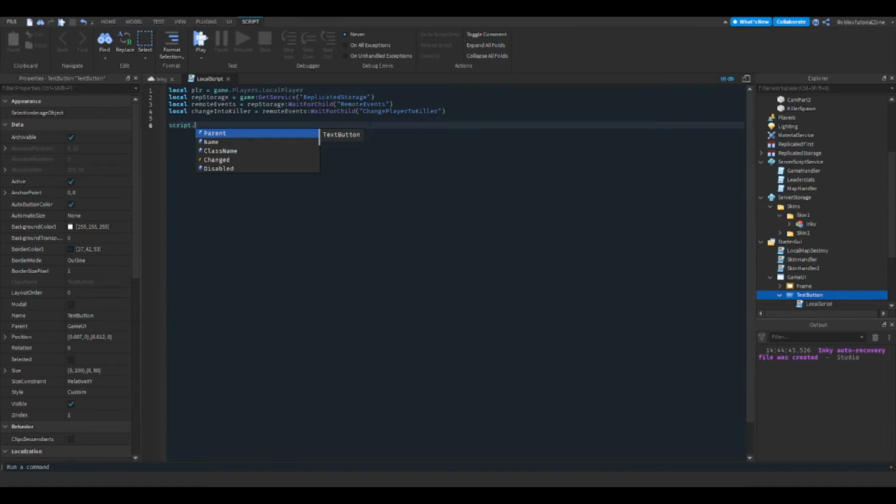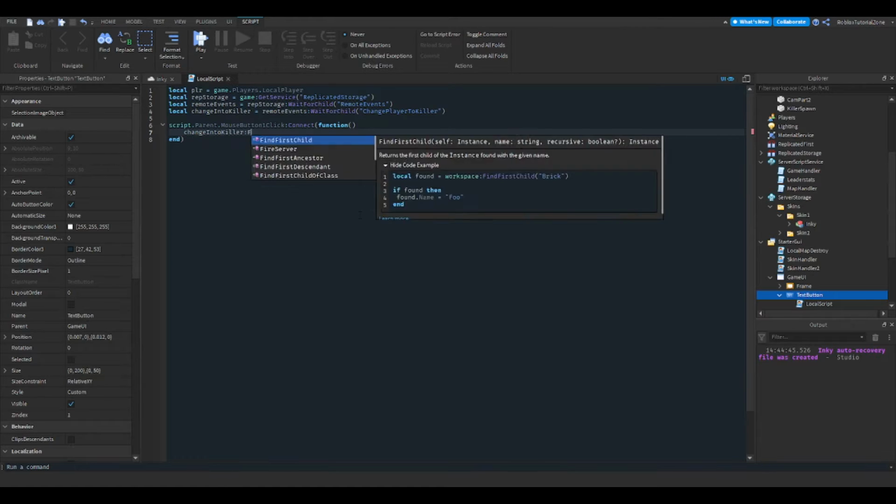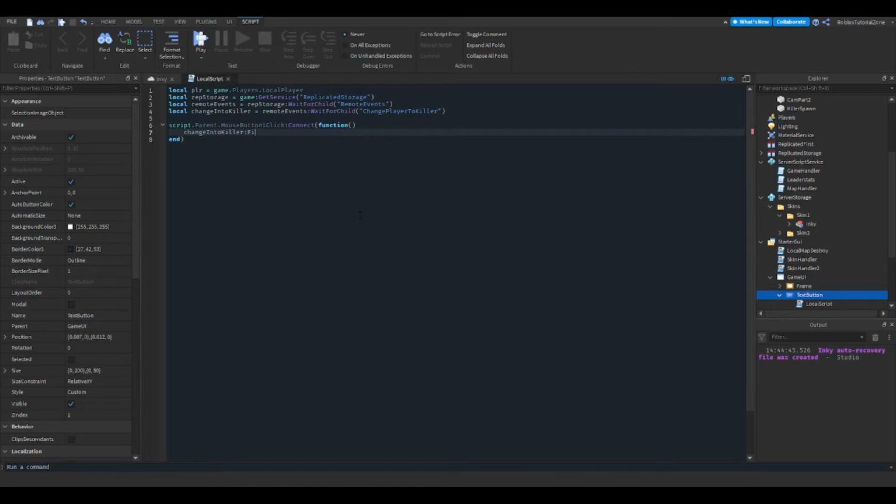Next, script.Parent, because we're getting the script, and then we're going to get the parent of that script, which is our button. Then we're going to detect MouseButton1Click, which is your left mouse button, :Connect(function() enter. ChangeIntoKiller:FireServer(PLR). Basically what we're doing here is firing the remote event on the server, and we're passing in